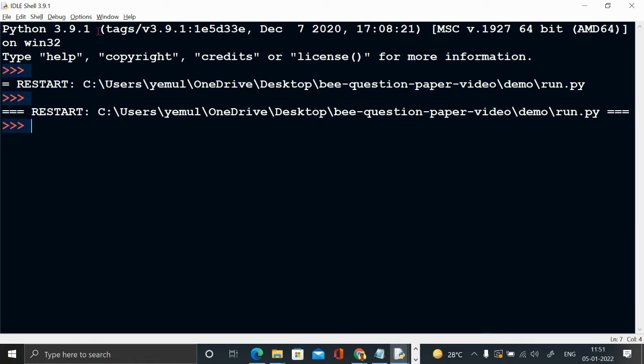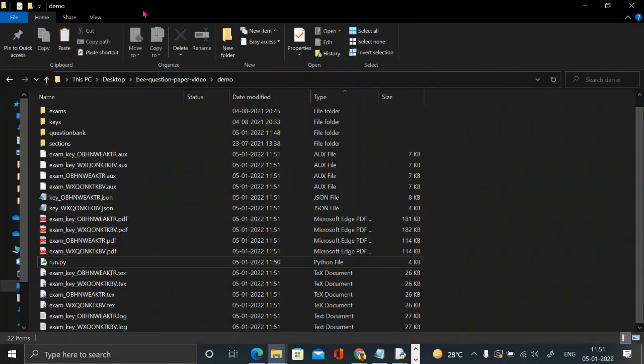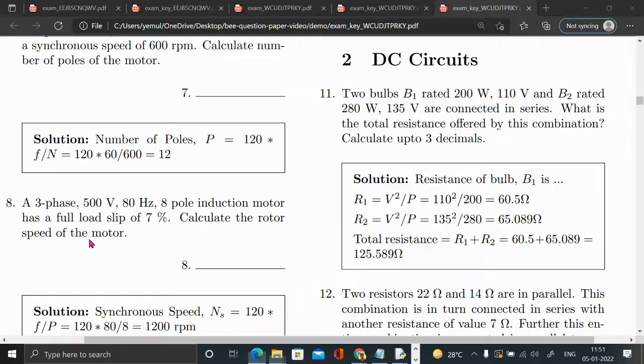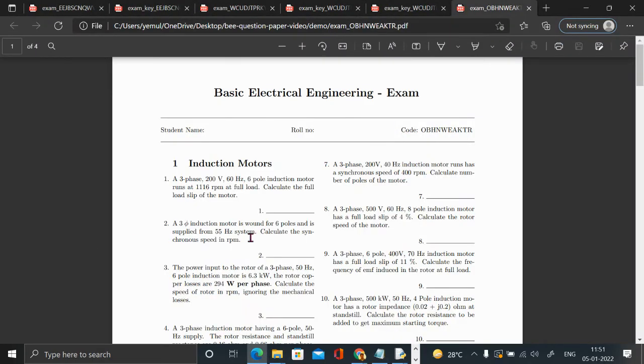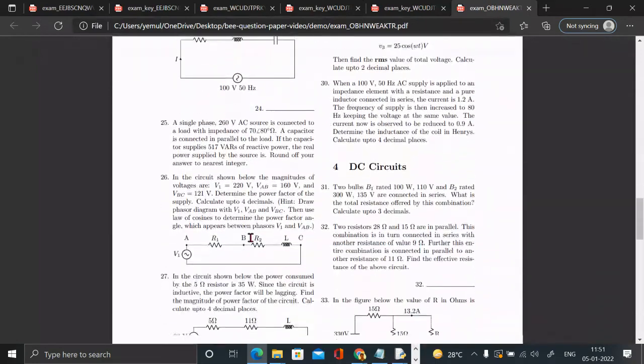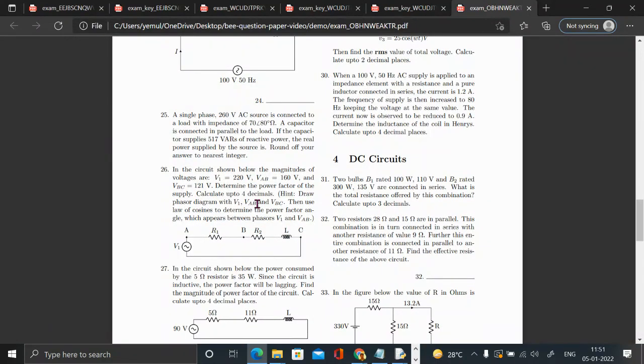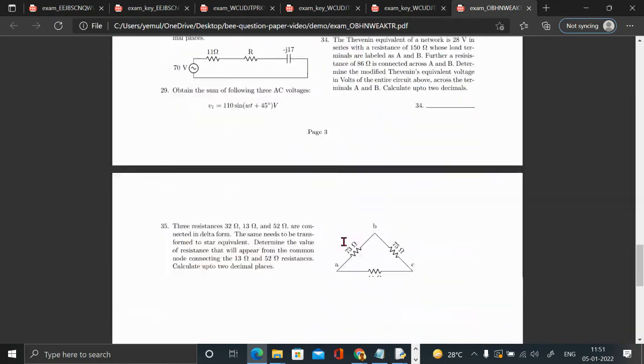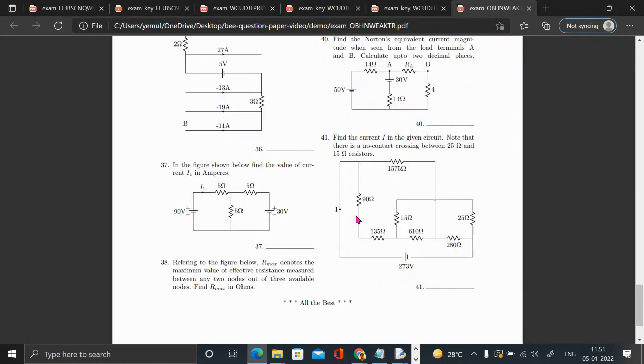So now, okay, so it is done. So let's look at the folder. So we got four files, two question papers and two answer papers. So let's open one question paper. Okay, so first section, second section, third section, looks like fourth section is the DC circuits, and then our question might have come somewhere.